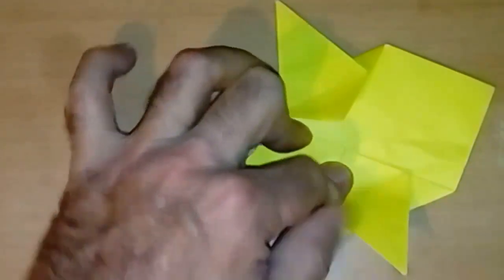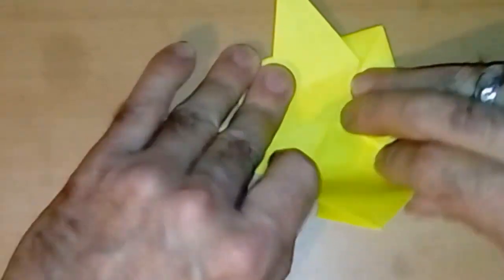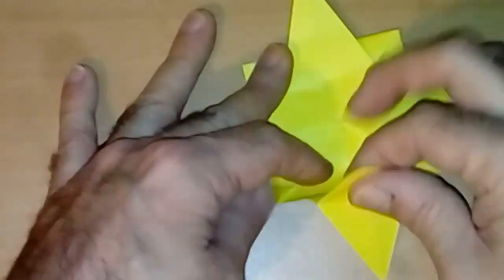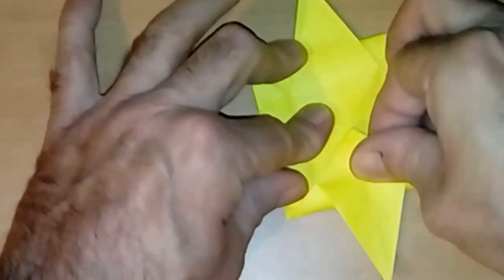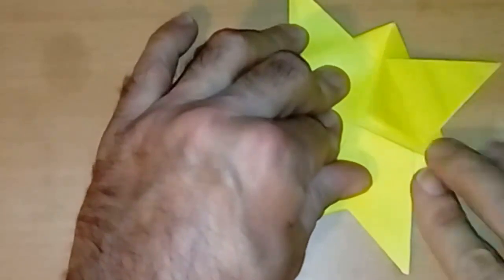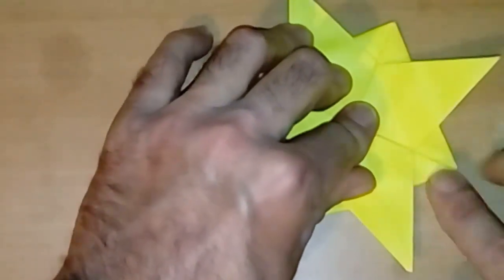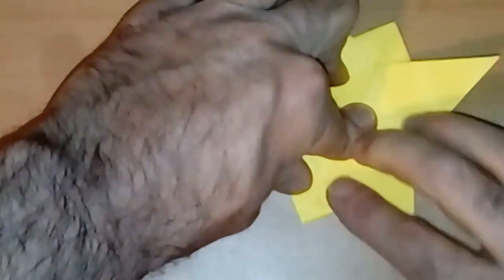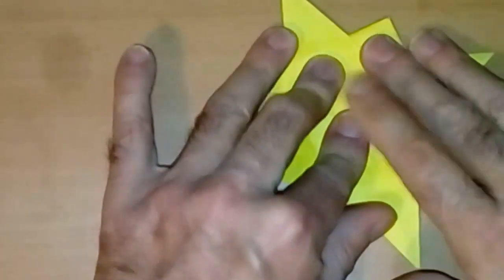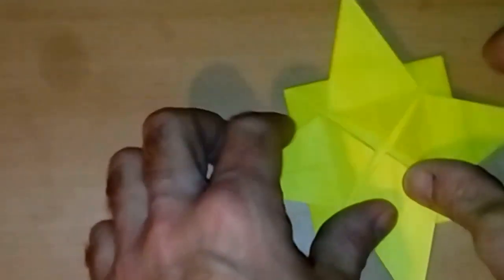Folding underneath that triangle there. Give it a little twist and do the same on this last one here. So bring it out like that, grab the top of it, and then just bring it in like that. You know what I mean? Now you'll have that shape,